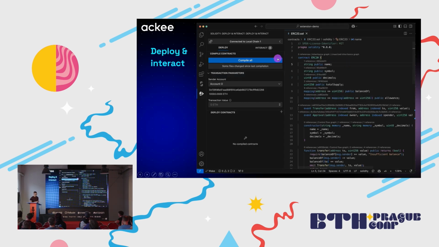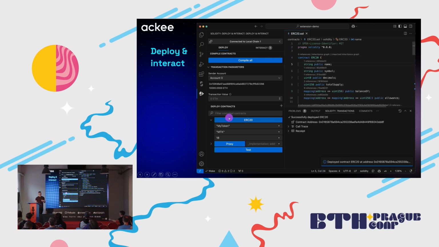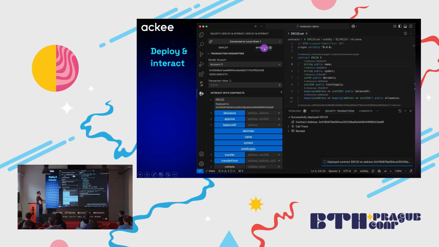And finally, this is the newest addition to the extension. We call it Deploy and Interact UI. And well, it's kind of Remix-like feel, but inside VS Code. So we can compile all the contracts within the code base. Then we can see a list of those contracts. We can deploy any of the contracts.